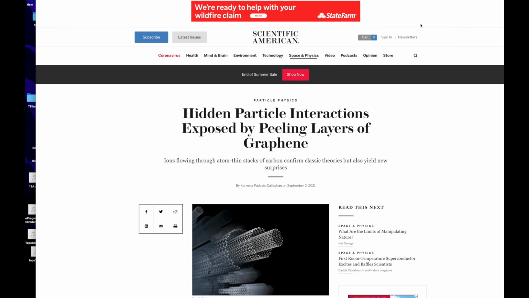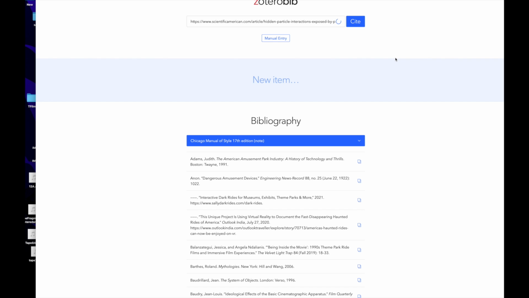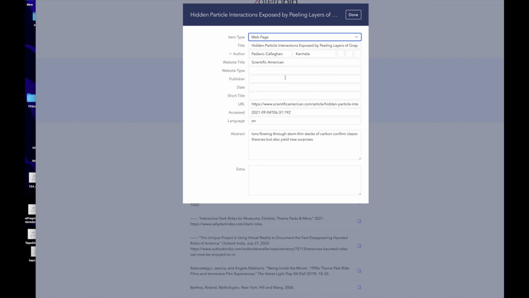Take that into Zotero, and Zotero will come up with some of the information. Hit the URL, hit cite, just as we did with our 10 ISBN. And check this out. It got a lot of it. So it got the name, it got the title, the journal, the URL, and it gave you the access date. A lot of the bibliographic reference styles require you to hit the access date. So again, I can go in and edit that and change anything that I don't like if there's some errors